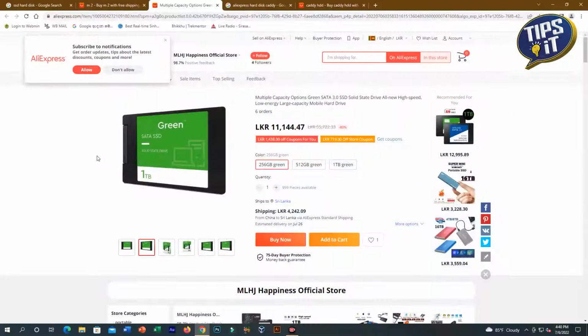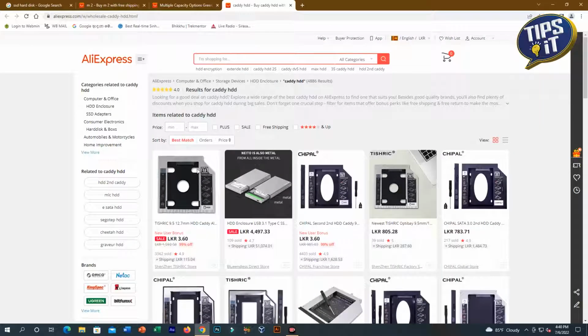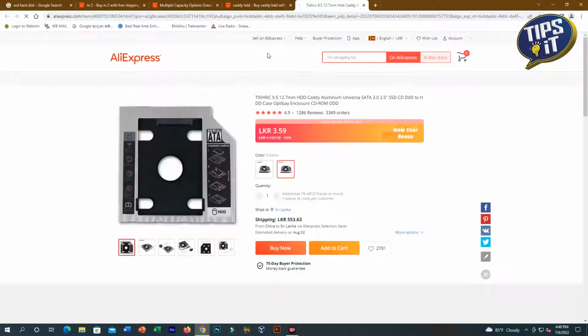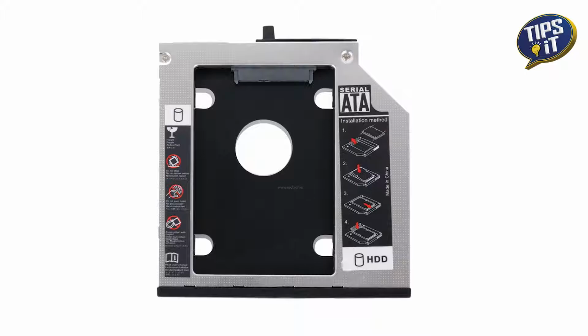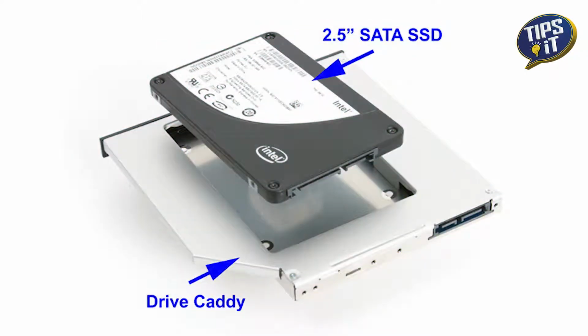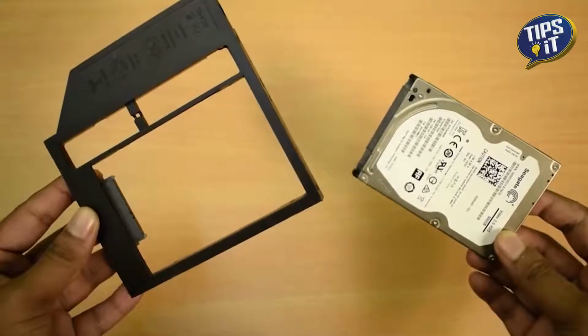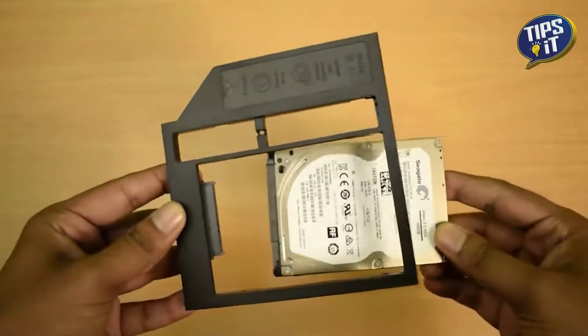Right. In other cases, our old laptops have no SSD slot. In that case, we have to use an SSD caddy. We call that a hard disk caddy, like this. Yeah, this is a hard disk caddy. I'll click here and you can see our SSD drive will plug in here, and we can install this caddy in our